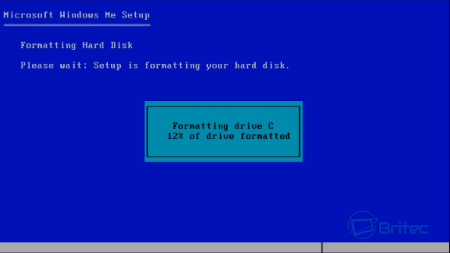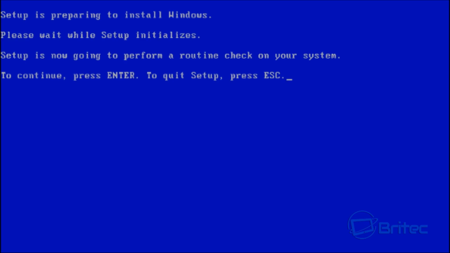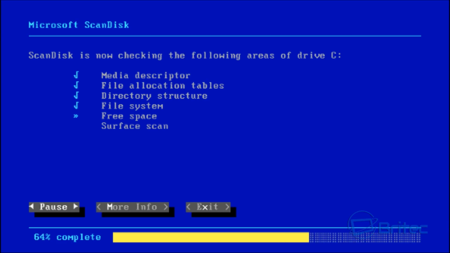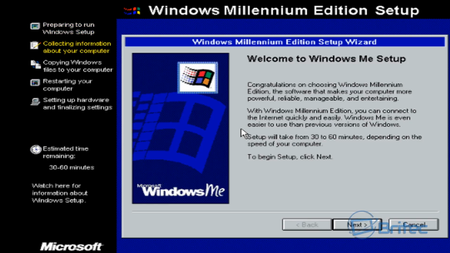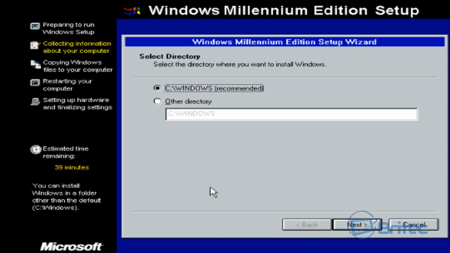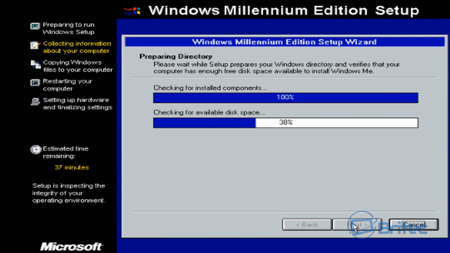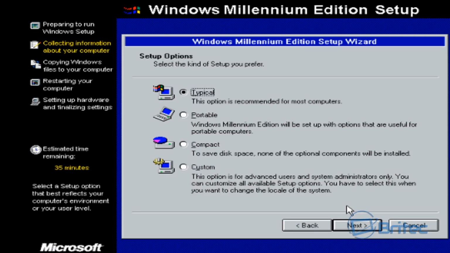Now for you that may not have used Windows ME in the past, it might be an interesting look for you. So we're just going to quickly format this drive, and this is an 8GB drive. The scan disk will then run. I'll speed this process up because it does take a bit of time, and we're just going to install this, typical,